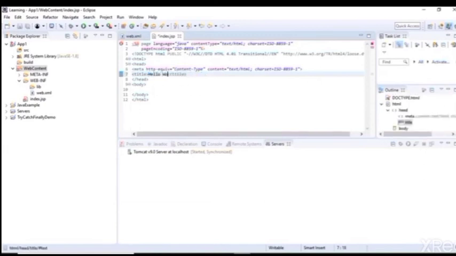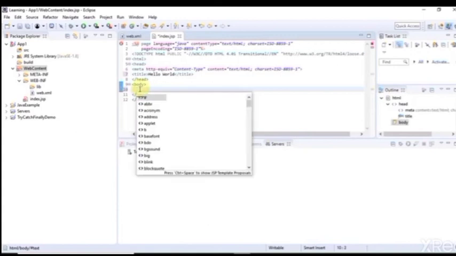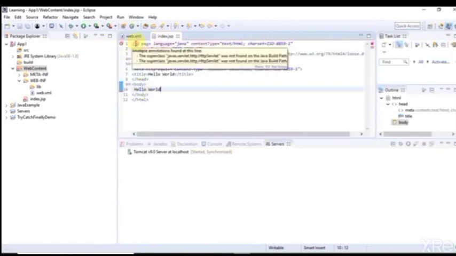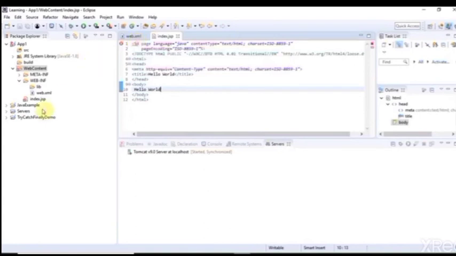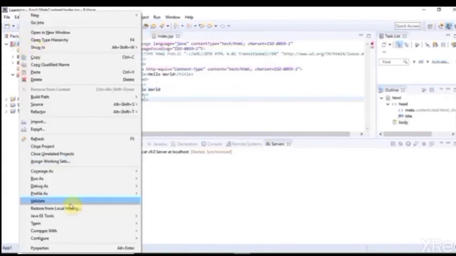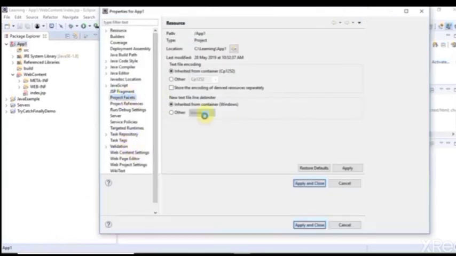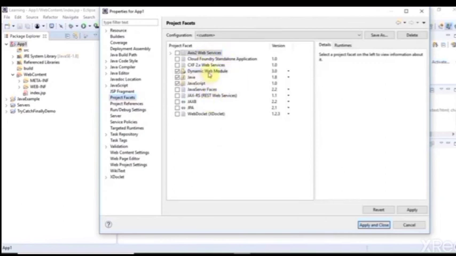Here it will show some errors. The servlet library is not available here, so you just add the library files. Here I input the text hello world. Right click and go to properties. After that, select project facets.